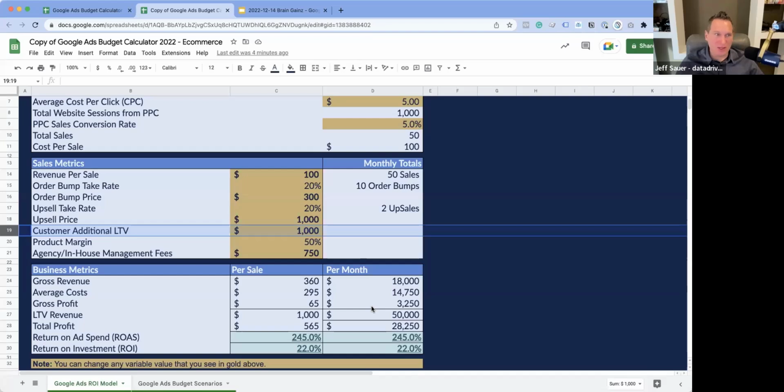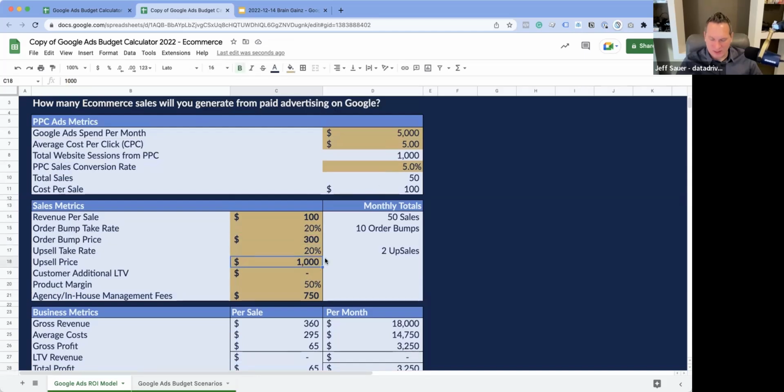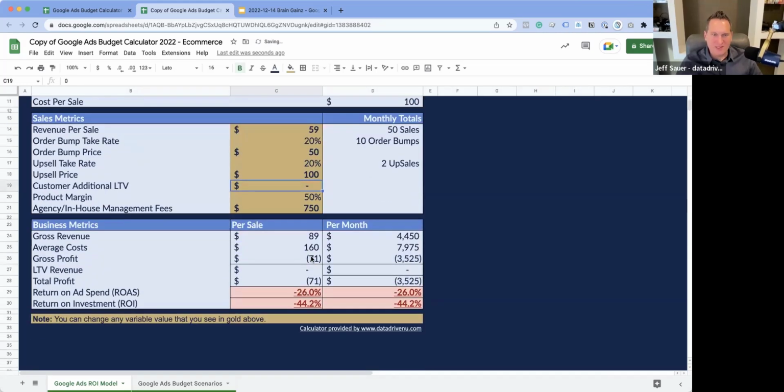If I would have just run the calculator and said, okay, show me my numbers without lifetime value, and I said that was 0, you can see here. These actually aren't really the prices; they're more like $200, let's call it, or this is actually $100. And let's say 59, 50, 100. Okay. Look, every time you sell something, you're losing $71. Would anybody in their right mind want to do that? If you're losing $71? No, you're dead in the water.